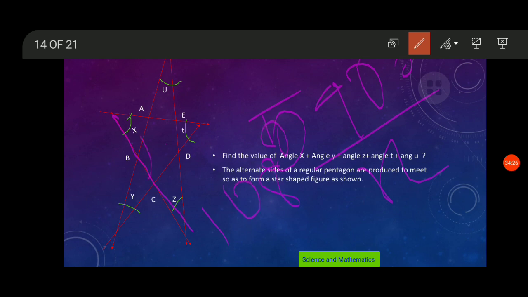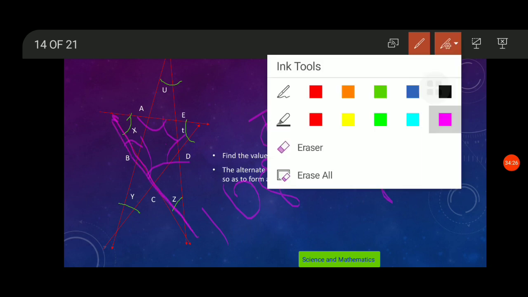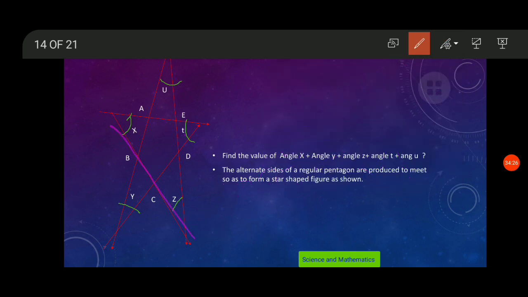Now it is 108 degrees, this is also 108, this is also, and this is also. Now we will get this as 72 because this angle and this angle form a linear pair. This angle and this angle form a linear pair, so we can easily find this angle to be 72, as well as this angle to be 72, and in all of the triangles we will find 72, 72.